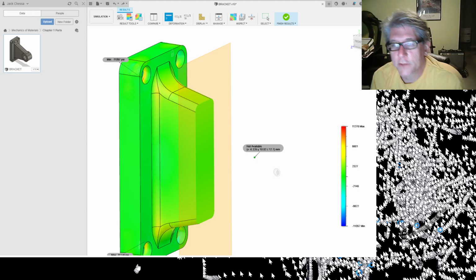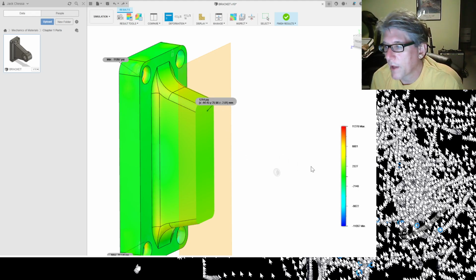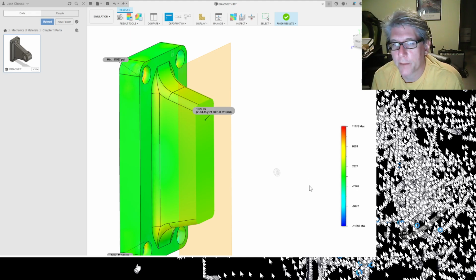So there you go. That's pretty much what you need to do this project. So you can get the values of stress from the finite elements on the cut plane by picking these values, and then you can compare those to your hand calculated